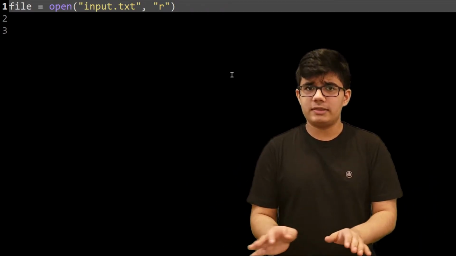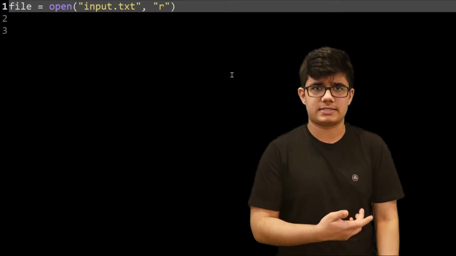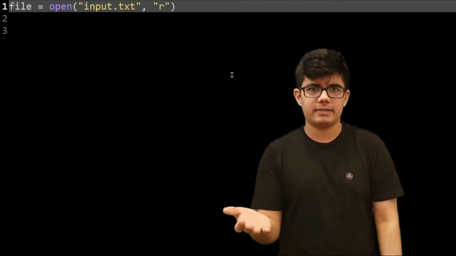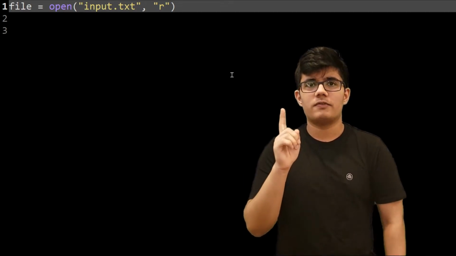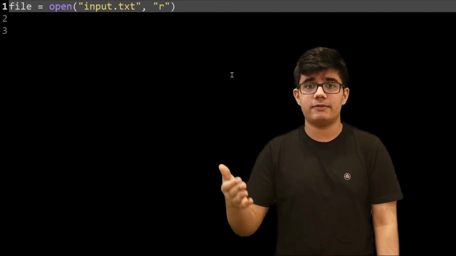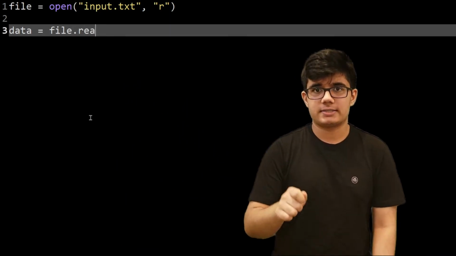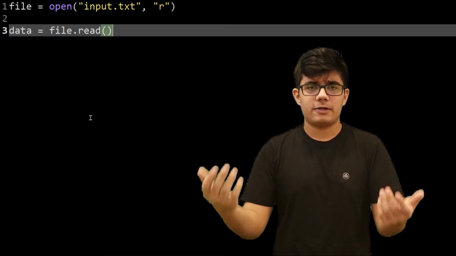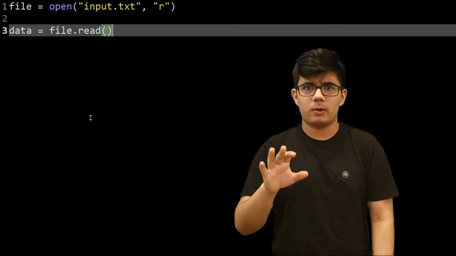So now what that variable is actually turned into is an instance of a class, some built-in file class in Python, and that class comes with its own commands. One of these commands is the read function. So we can simply do file name, whatever you stored that variable as, dot read with opening and closing parentheses because it's a function. And with that, we're actually returning back all of the text that was in the file